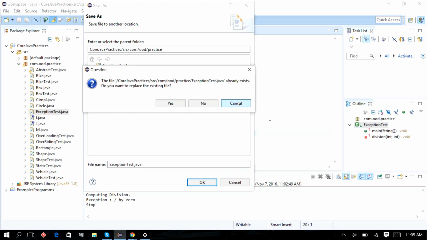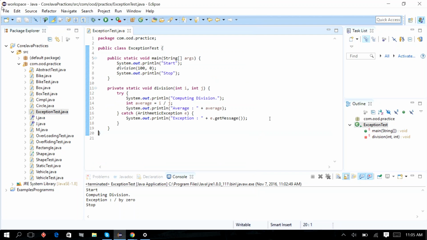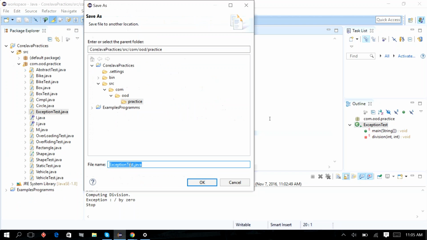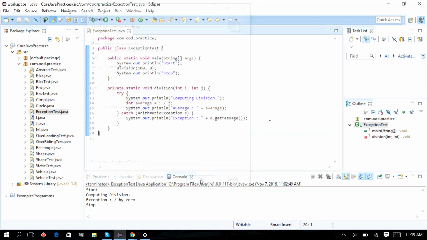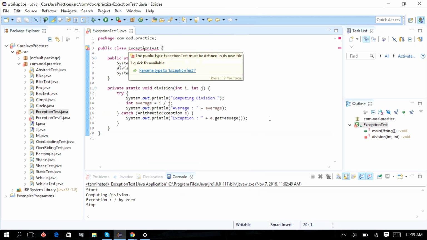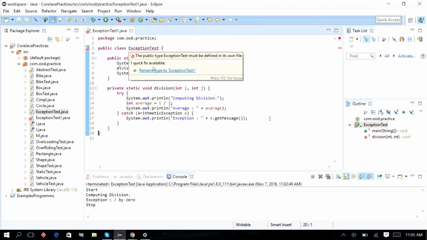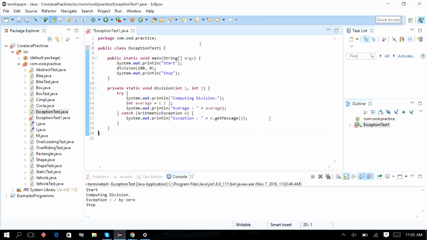No, cancel. Save as means you are trying to save it with a different name, right? Correct. In that source file, the class name should be the same one. So type to rename. Yeah, choose that quick fix. Perfect. Now what I want to do is at line 7,